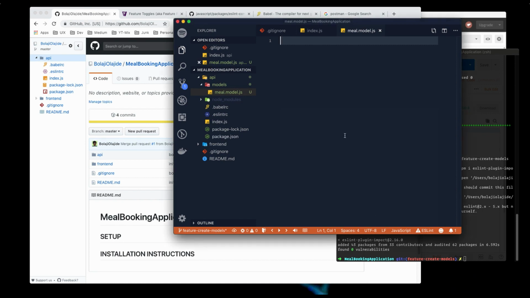So basically, for our models, because we are not using an actual database, we are going to be storing it in memory. We can just use the concept of classes for now. We can use classes, we can use just regular objects and just keep pushing. But because we want the data that we are saving to adhere to a certain schema, I'm proposing we make use of classes. So we can create a class called Meal, and basically with just a constructor,